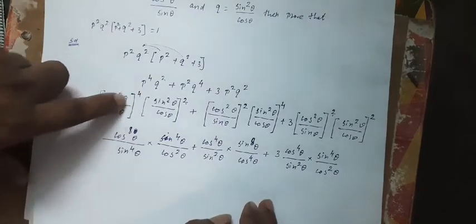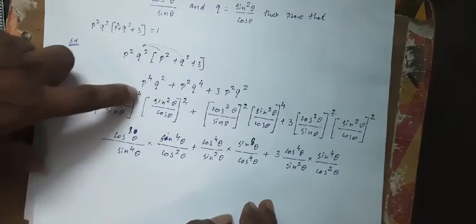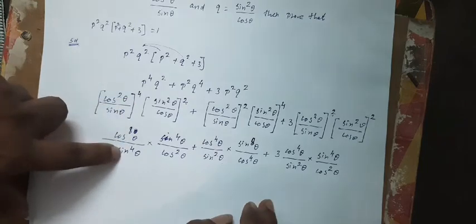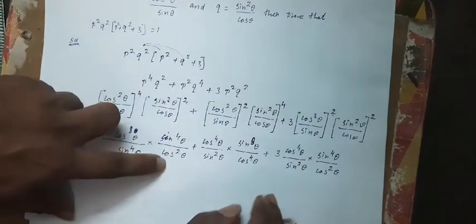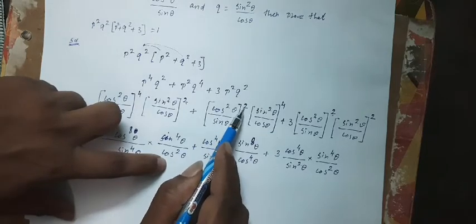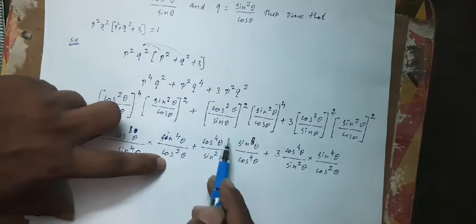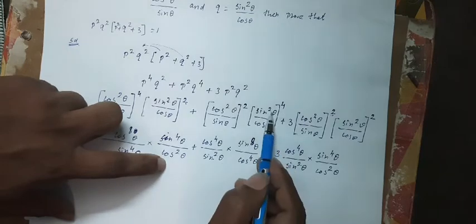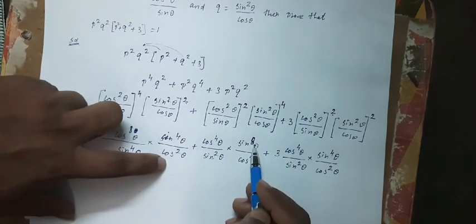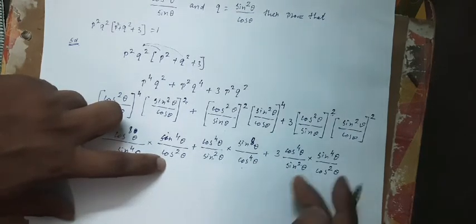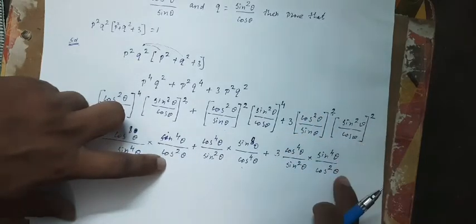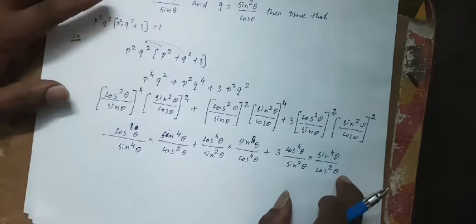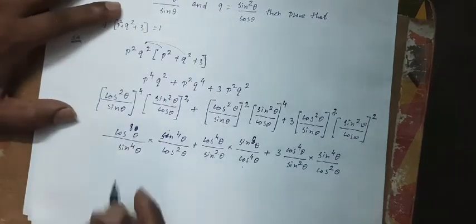So take 4 and multiply inside. We can get 2 fours are 8, here sin power 4 theta. Here 2 twos are 4, sin power 4, cos square theta. And then here square, take and multiply inside cos 4 and sin square. Same here, 2 fours are 8 and then cos power 8 theta, and here 2 twos are 4 sin square. Everything we can multiply and write here. Okay. Now cancel the terms.